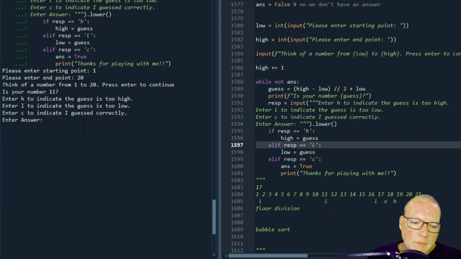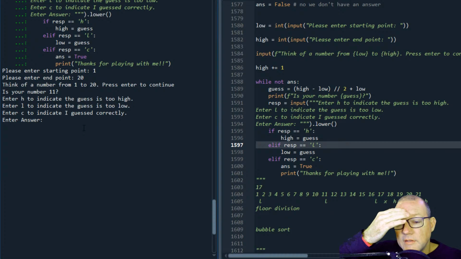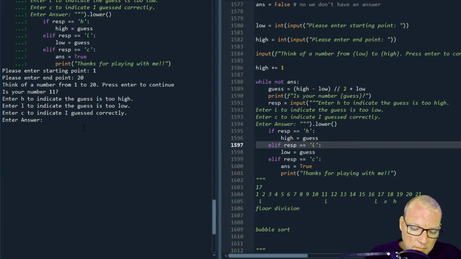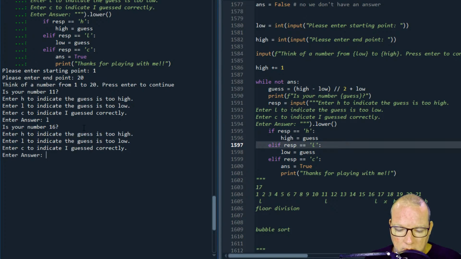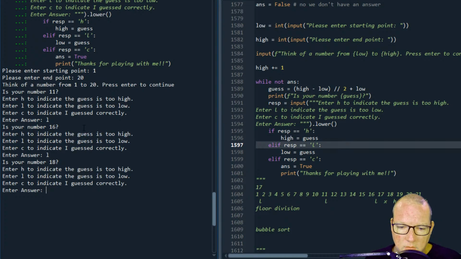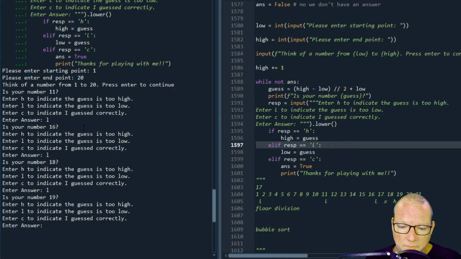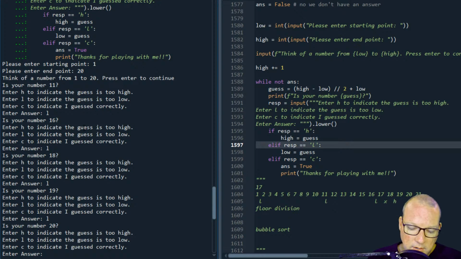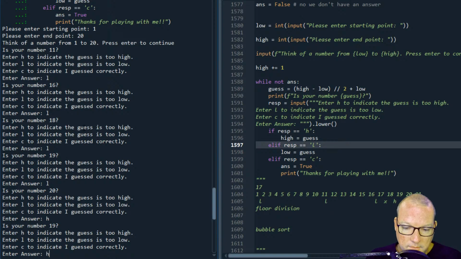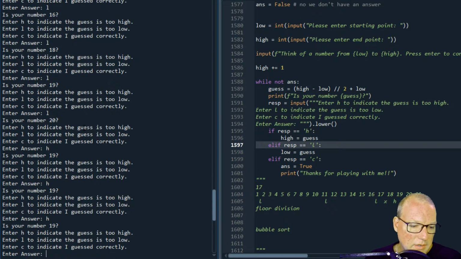All right. So, let's see. Let's give it conflicting data. So we say too low, too low, too low, too low, and then too high. Is that what you want to see? So then it just gets stuck.